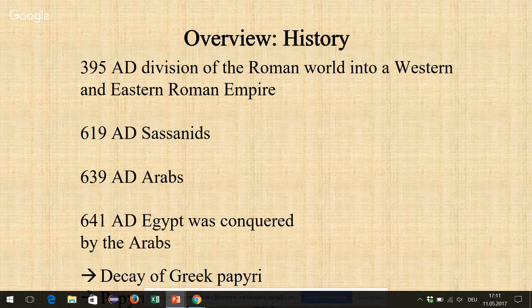The decay of Greek papyri began, and the papyrus died out in Egypt. We still find papyri until the 10th century AD in Egypt, but they became rare. This is when the period for papyrology ends after 1,000 years. The history of papyrology